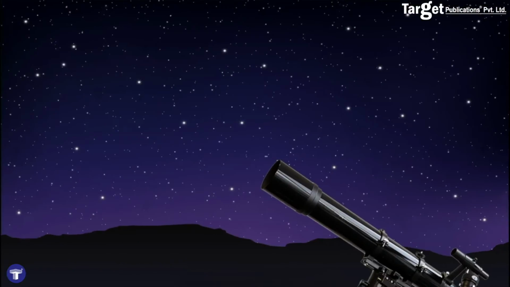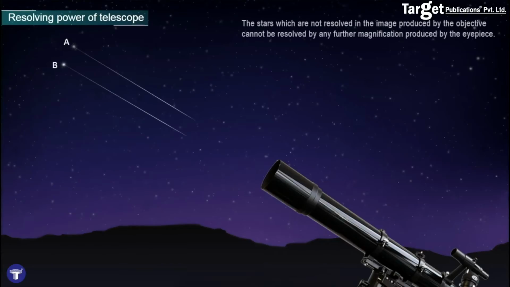So we saw that the images formed by optical instruments are limited by the diffraction effects, and because of this we have to define what is known as the resolving power of an instrument. Let's first take a look at the resolving power of a telescope. Now, a telescope is used to see the images of distant objects, that is, objects that are really, really far